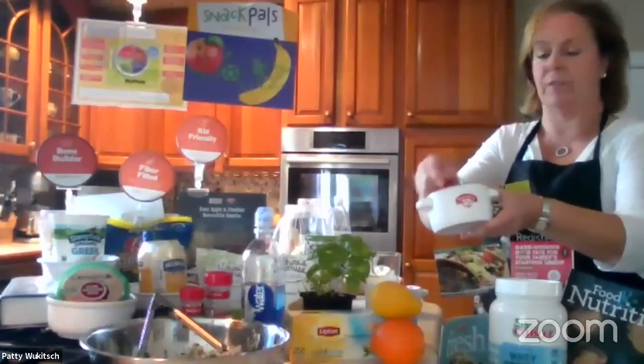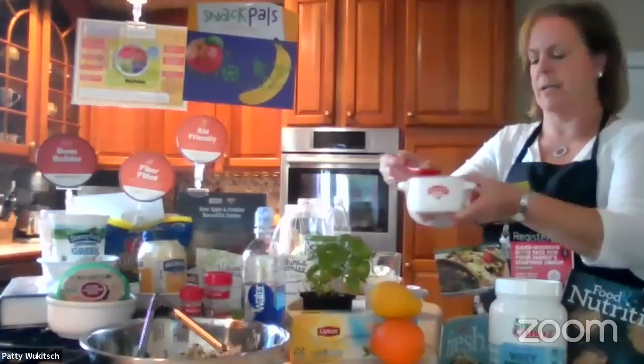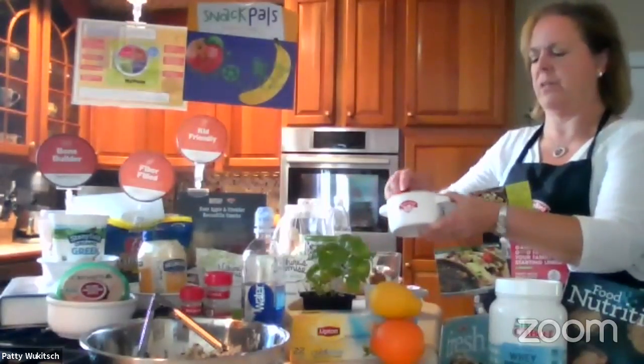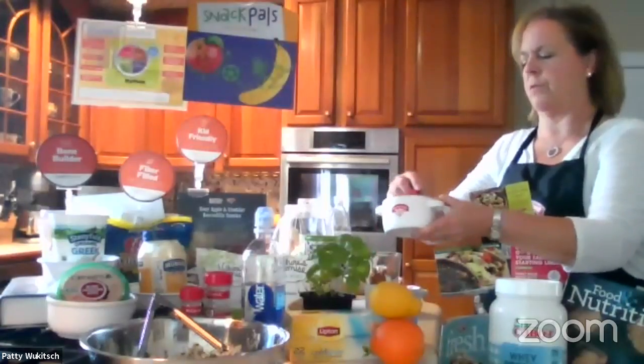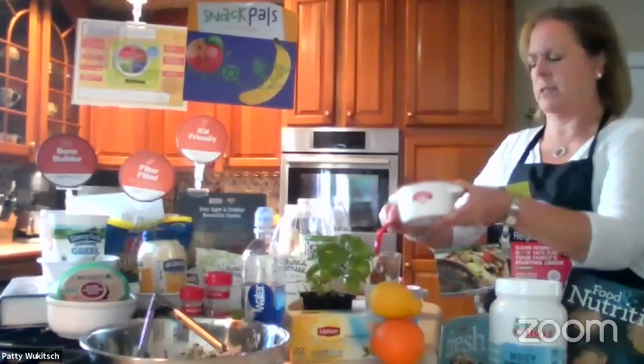Nature's Promise has several different varieties, and this one I believe has some cranberry craisins in there. So I'll put a little of that on top. You can do it in any order that you like. Some people then like to mix it all together, but I've got that parfait. I've got the